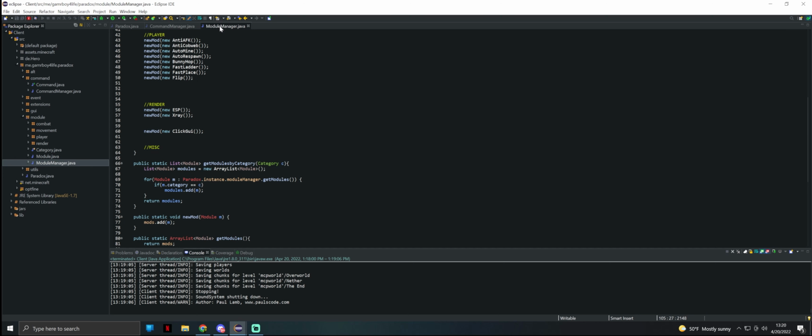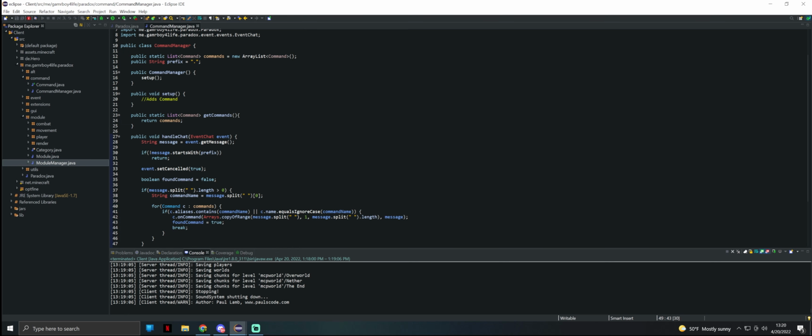But I think now it's time to actually start making some commands. For this, I'm going to be making 4 different commands in this video. We're going to be doing bind, so we can bind our modules to a new keybind. It won't save, you will have to reset it, I'm pretty sure, every time you relaunch the game, but